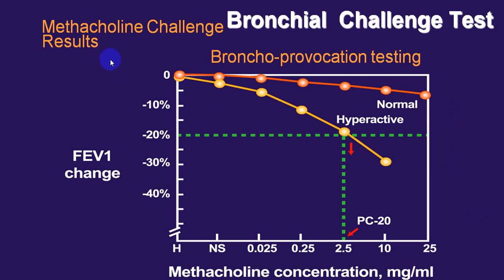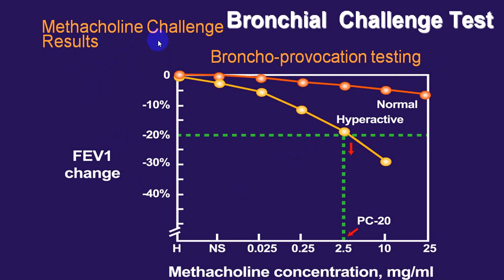Now, whenever a person is having a normal pulmonary function test and clinically you suspect the person has bronchial asthma, you can go for a methacholine challenge test, or a bronchoprovocation test, in which you give a provocative material. Most commonly utilized is methacholine. You can use histamine, but there are certain contraindications, etc. We'll be having one slide for that.